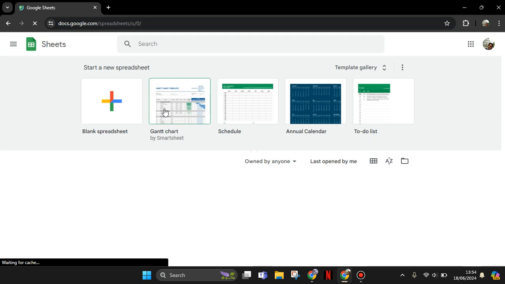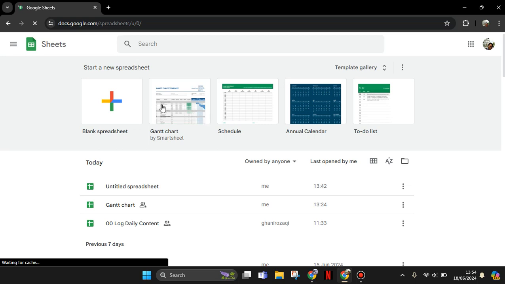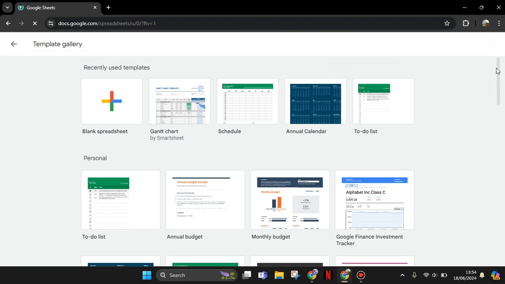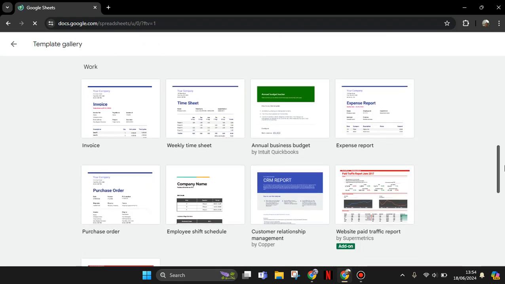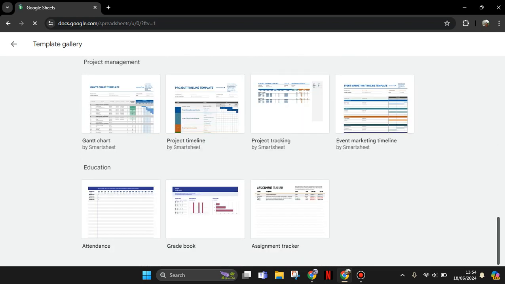This one's right here, and in here, to start creating a Gantt chart, you can easily click on the Gantt chart template. If you cannot find it in here, just click on the template gallery and scroll down until you find the project section. This one, project management, and there will be this Gantt chart template. So click on the template